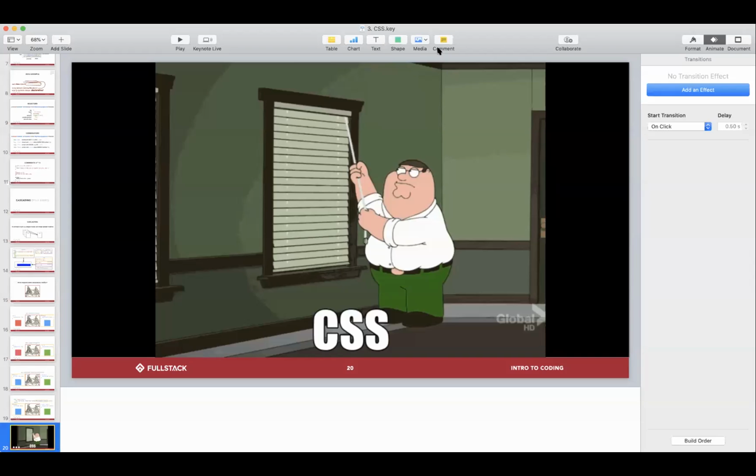Cool. So any questions on CSS, or is there anything that you all would like me to demo? I have an environment up here that